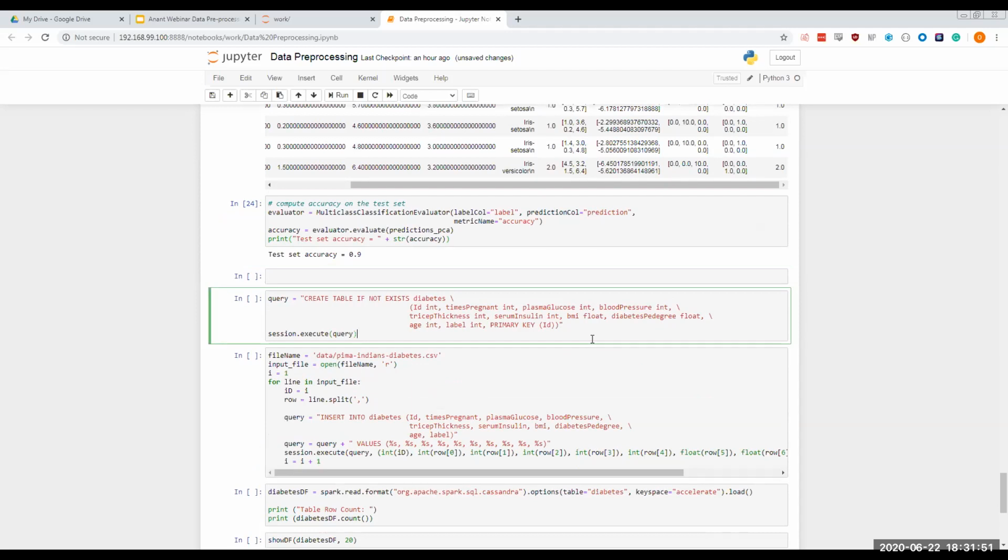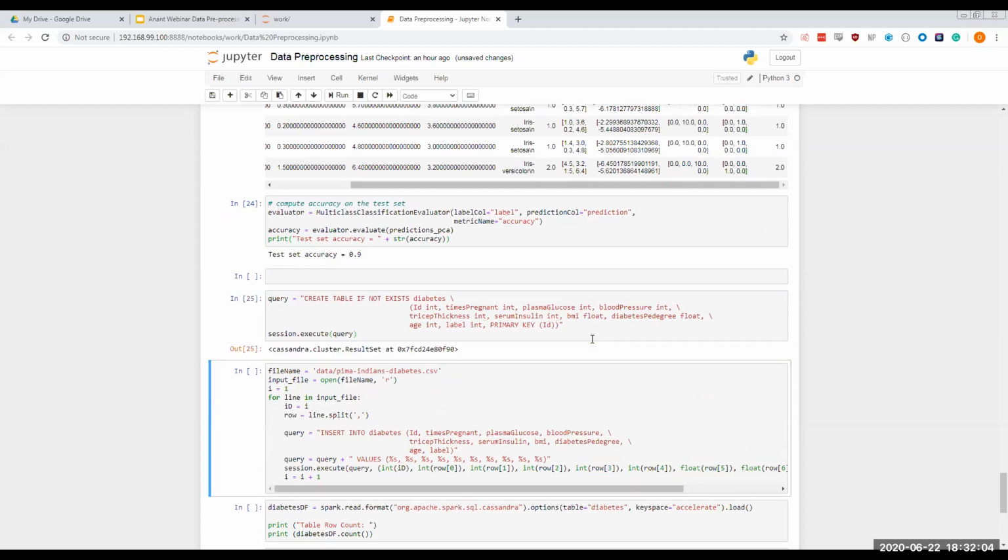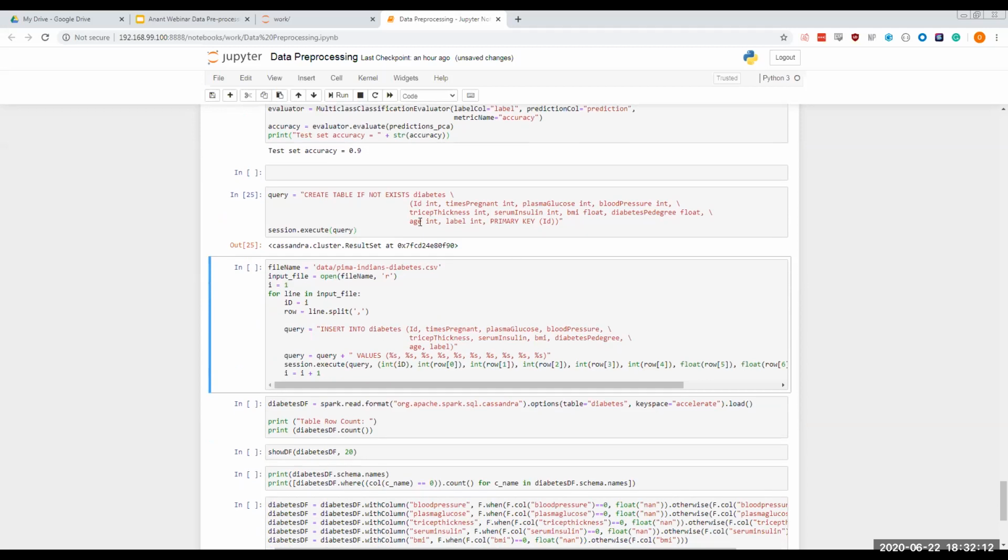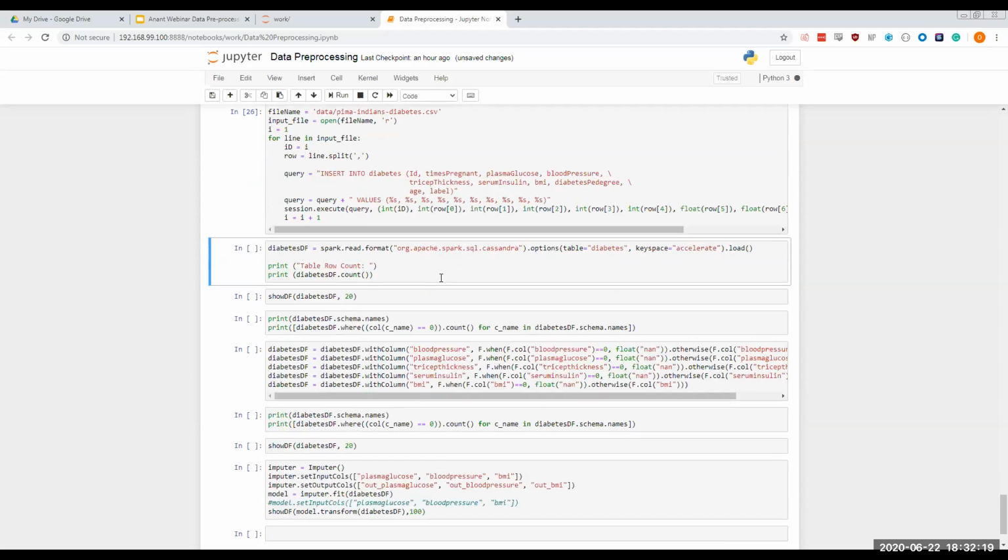Okay, so we're moving on now to the second portion of our demo, where we work with some of the other methods of pre-processing that we have not seen above. In this case, we'll be working with a data set on the prevalence of diabetes in the Native American population. So once we have loaded it into our Cassandra cluster and then pulled that into a Spark data frame,